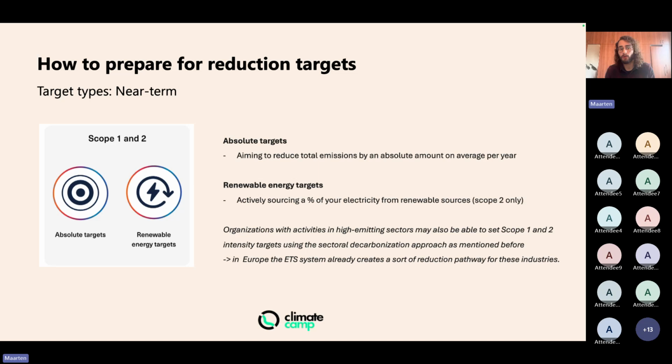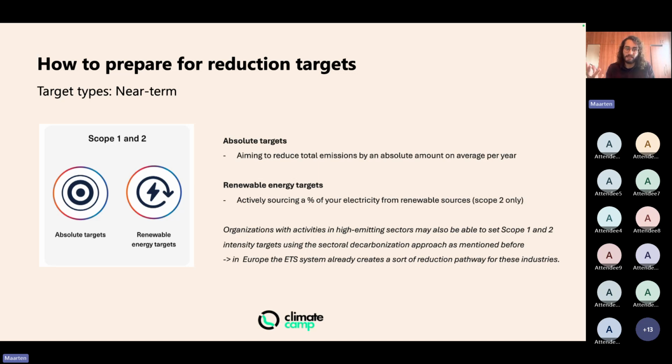Something interesting to note here: I had a conversation recently with an energy-intensive company, and they inherently already have a reduction target which they have to adhere to. For example, if you make glass or steel, you are already under ETS 1. So they are paying for allowances, they are paying carbon taxes. So they already have an inherent reduction pathway for their scope 1 and 2.